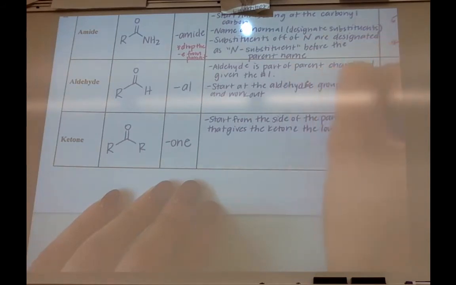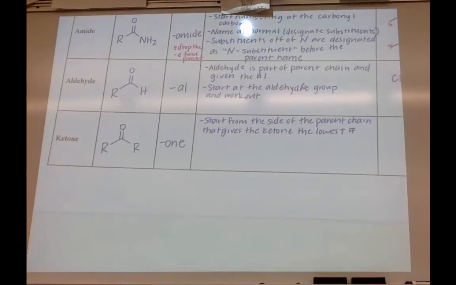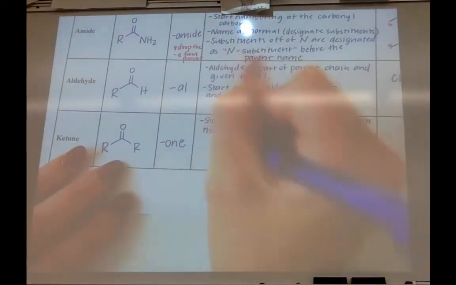So now we do have to look at which way is better to number. You need to make sure that you're giving the ketone the lowest possible number. If it's right in the middle, then you go to your substituents. What would give your substituents lower numbers? Okay, if there's more than one,